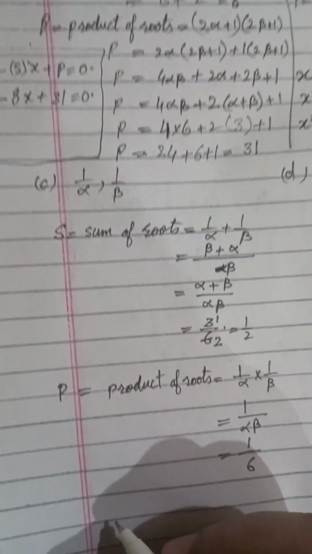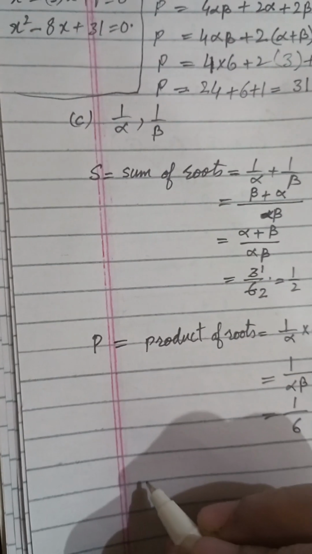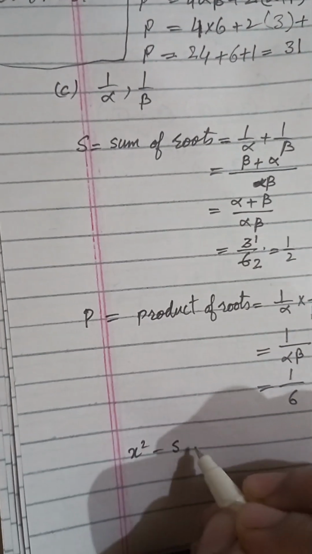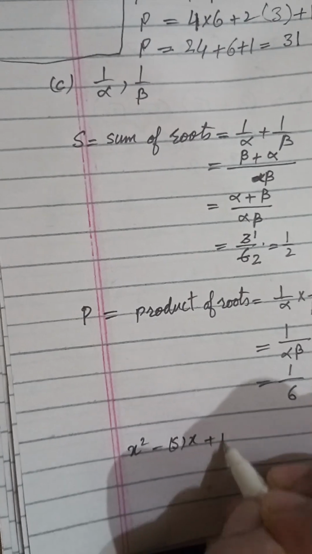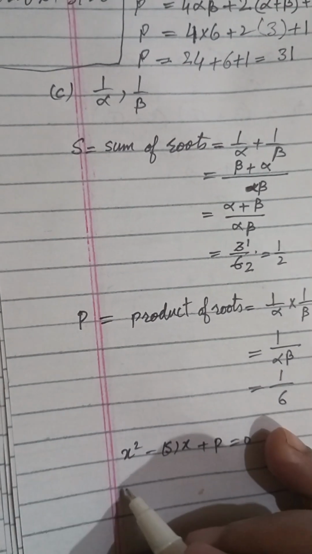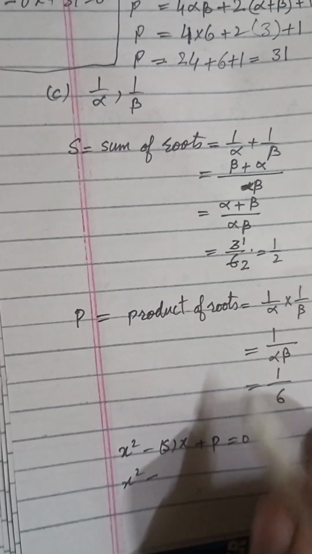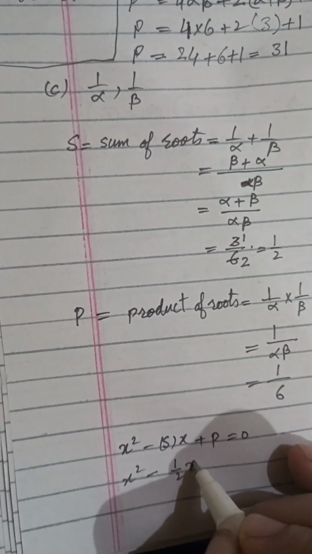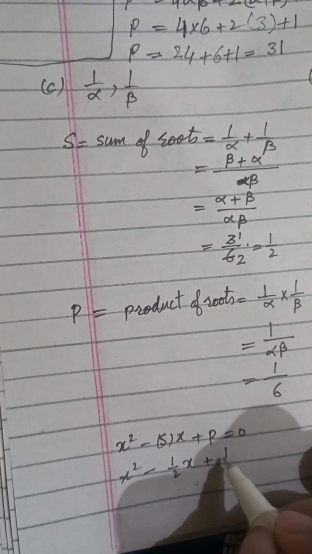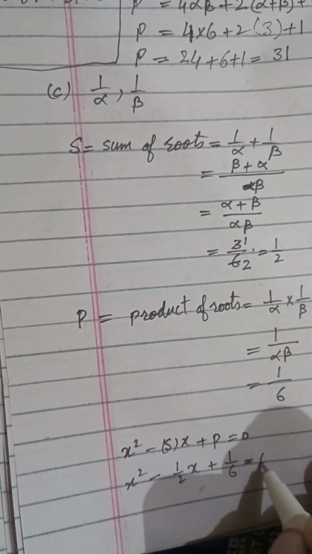So the required equation will be x square minus sum of the roots into x plus product of the roots is equal to 0. x square minus sum of the roots, which is 1 by 2, x plus product, which is 1 over 6, is equal to 0. Multiplying